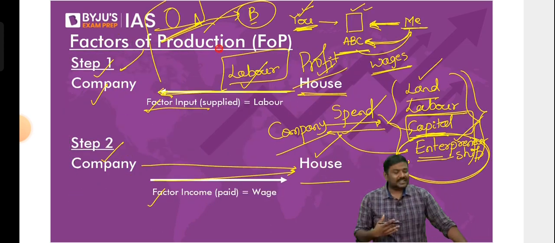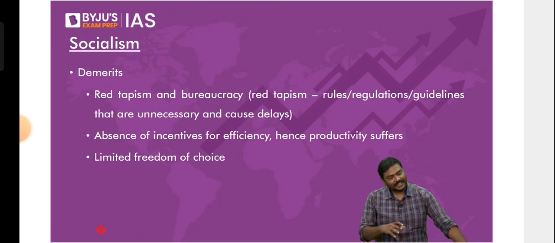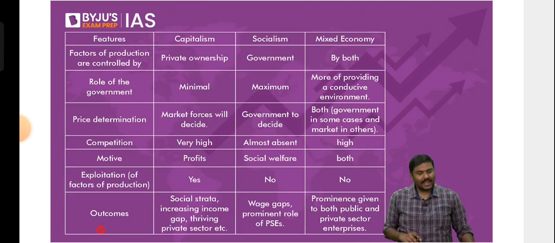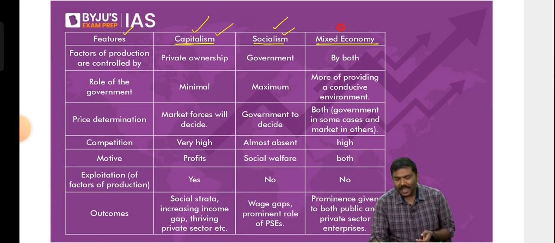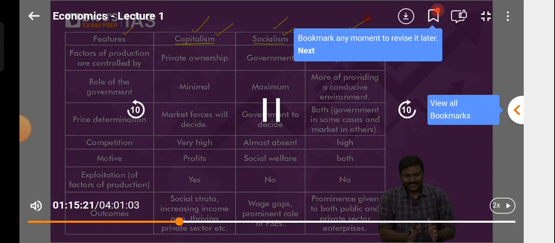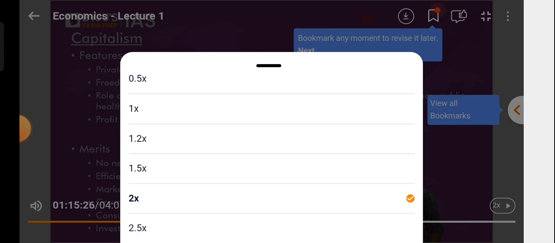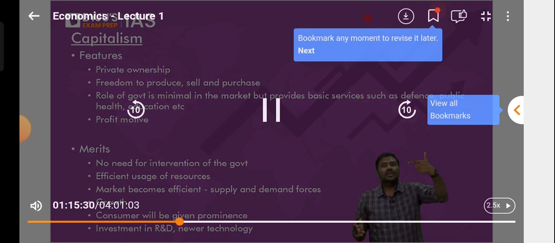Done. Now, what is the use of all of this? Let me explain why we should discuss all of it. Because there is this idea of capitalism, socialism, and mixed economy. Rather than discussing in the table, the same thing I've given in a different, much more elaborative form. Let's have a discussion one by one. What is capitalism? What is socialism? What is a mixed economy?